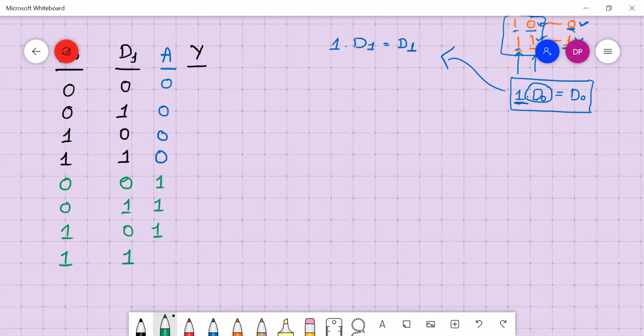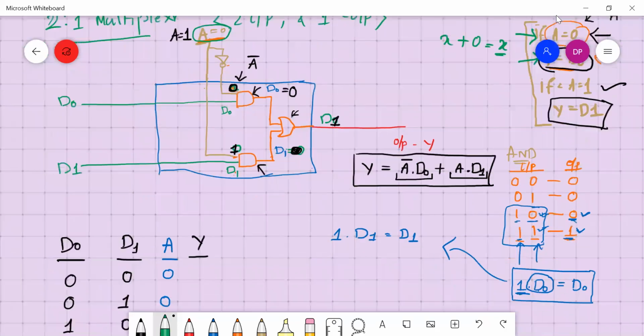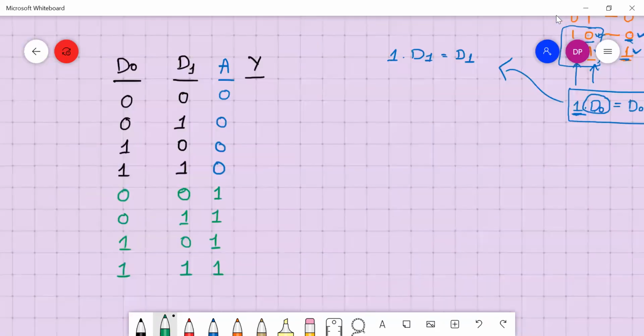So if A is 0, what will be the output? What condition have we written here? If A is 0, Y is equal to D naught. So for all these four cases, when A is 0, Y will be equal to D naught.